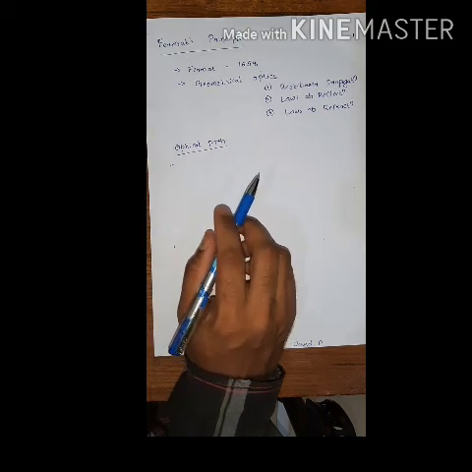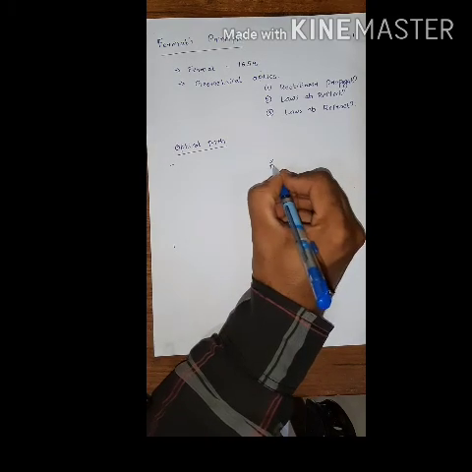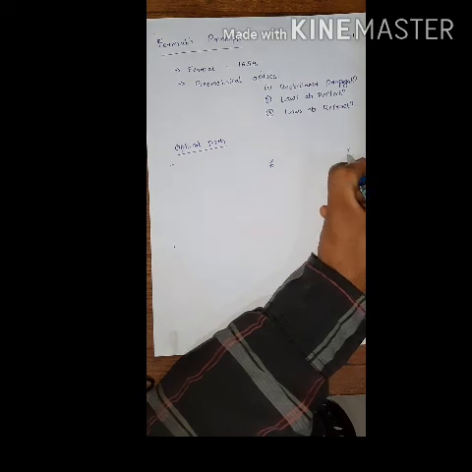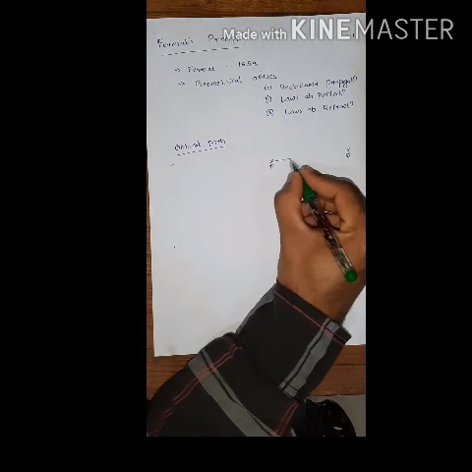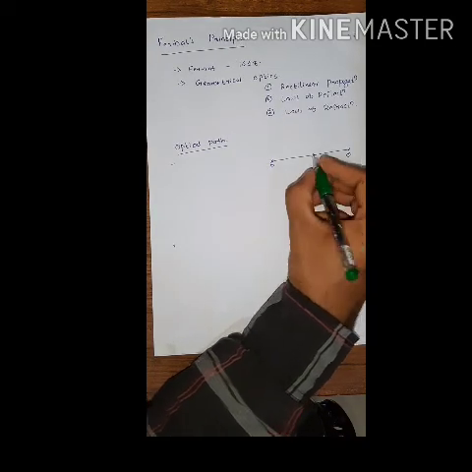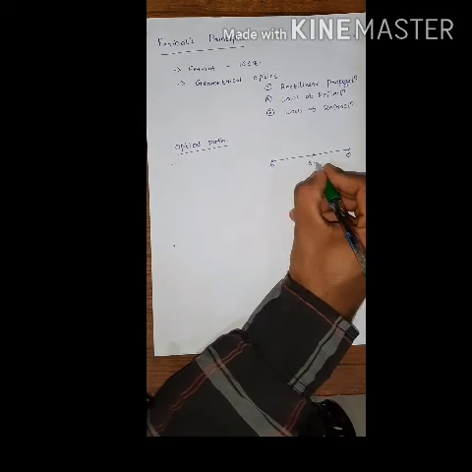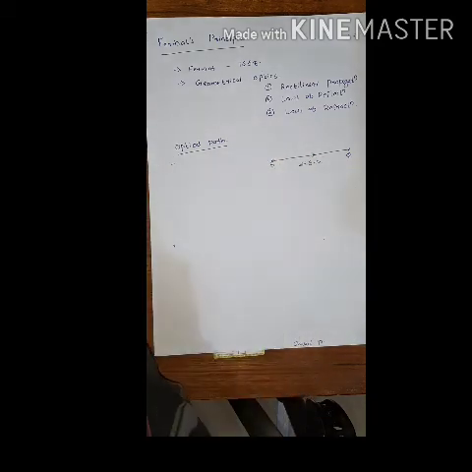For understanding the optical path, let us consider 2 points P and Q. The distance between P and Q is S, and a light ray is passing from P to Q through the distance S,